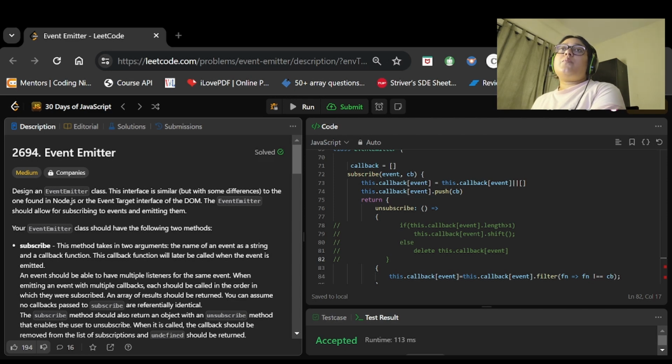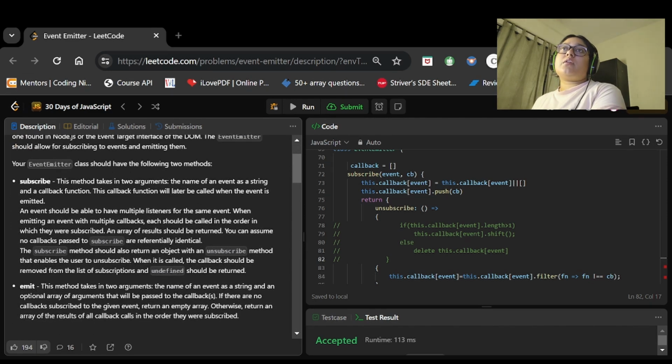Okay, so we had seen here, right, in the unsubscribe function, we were checking for a callback function, and for whatever callback function we had subscribed something, when we unsubscribe that function, the callback function should be removed.